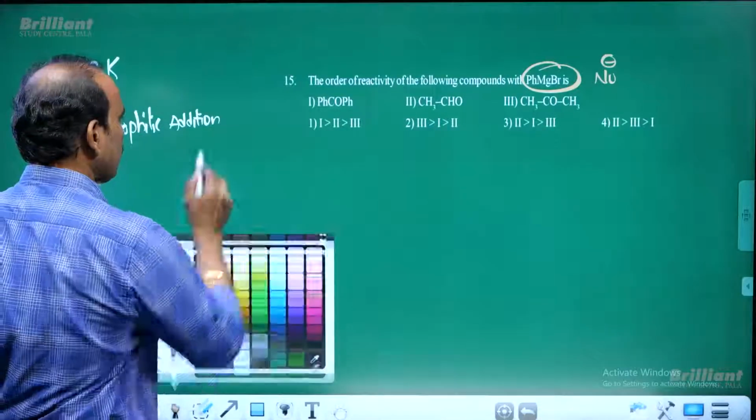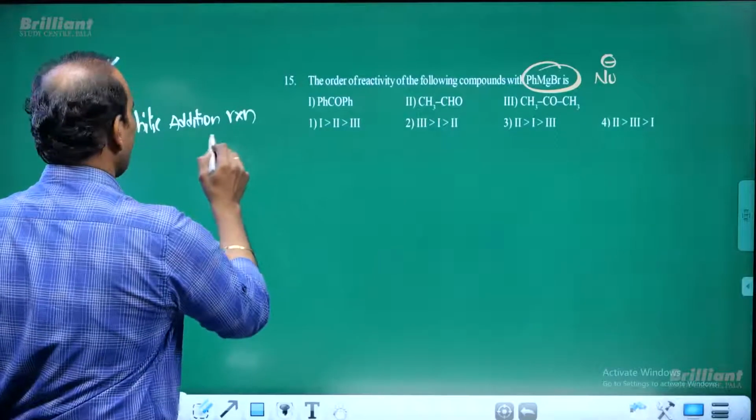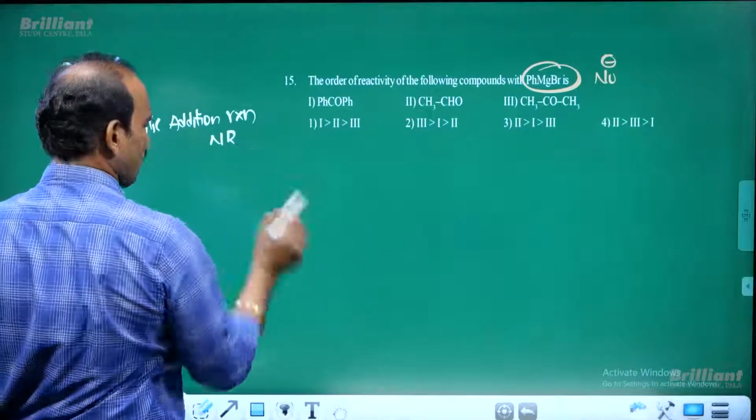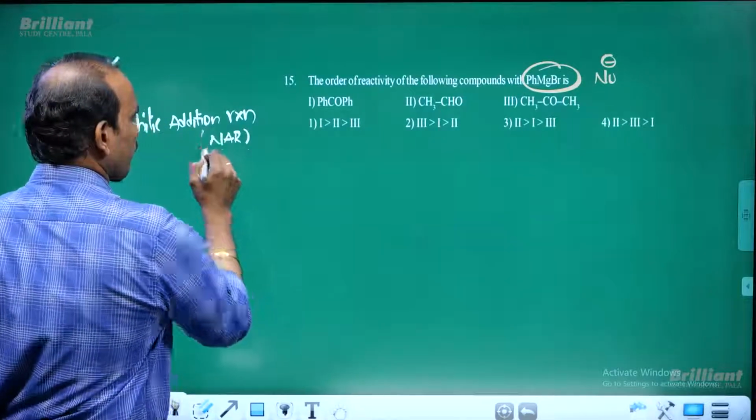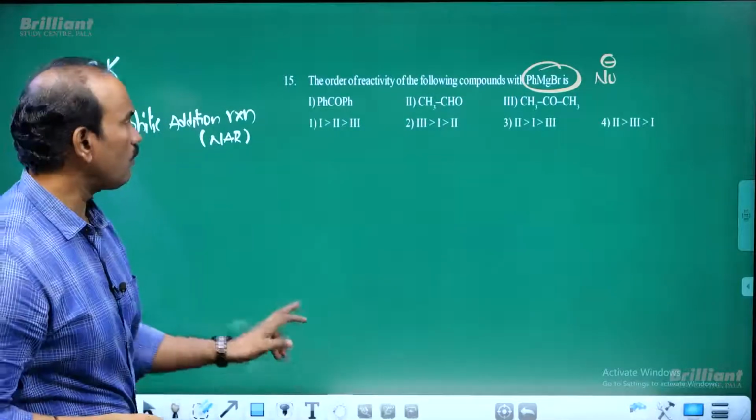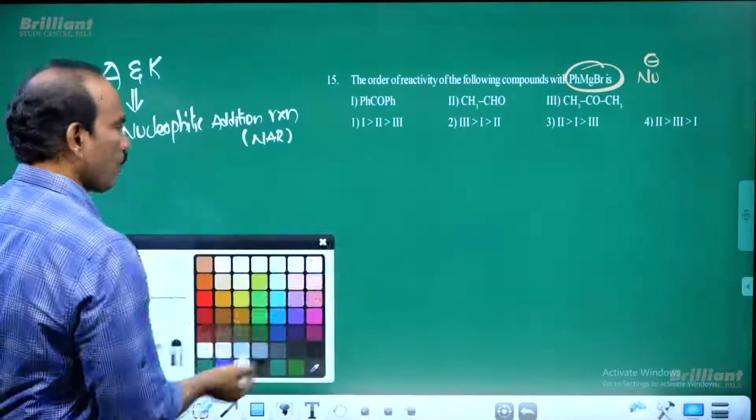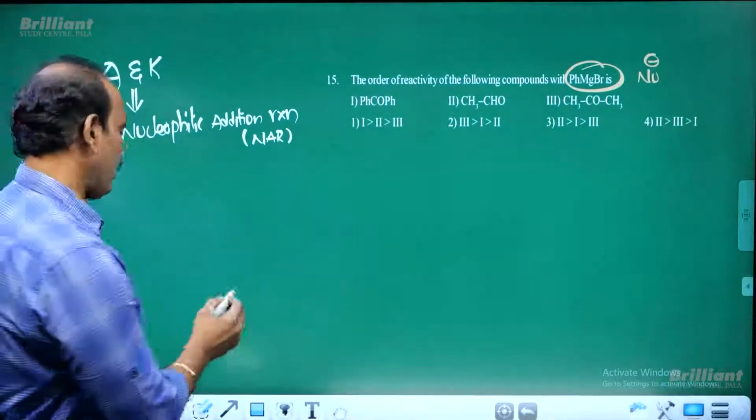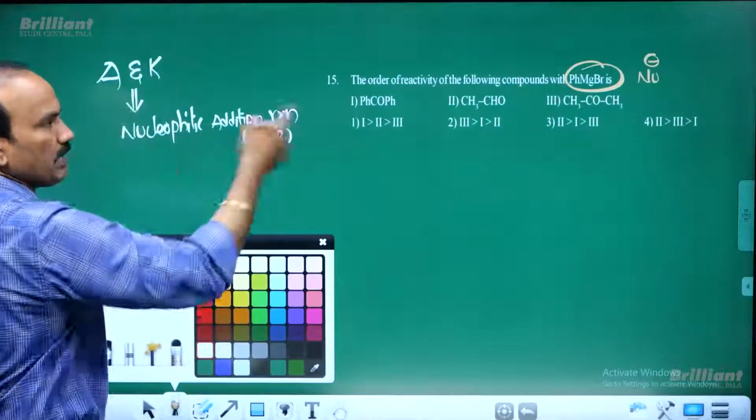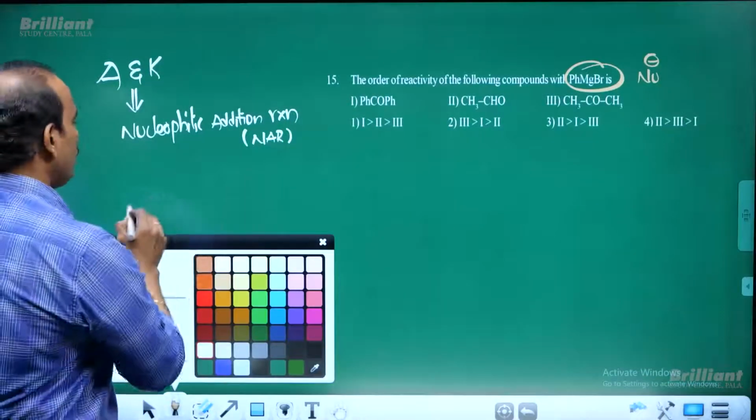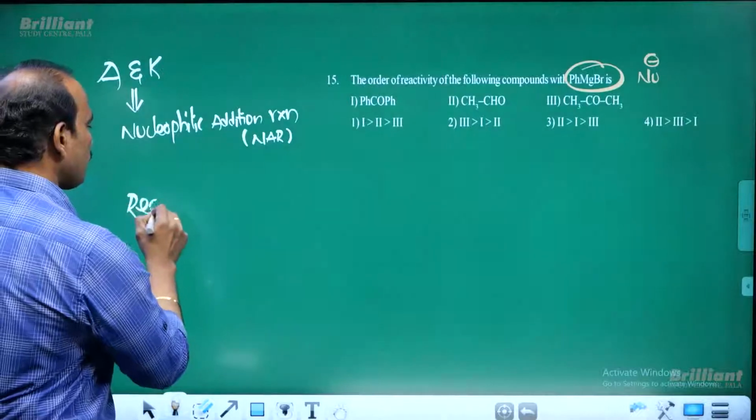Nucleophilic addition reaction. That is a NAR. Nucleophilic addition reactions. Clear? Now, in this, what is a more active nucleophile? Reactivity order of, these are the electrophiles. That's why it reacts with the nucleophile. Then the reactivity order is